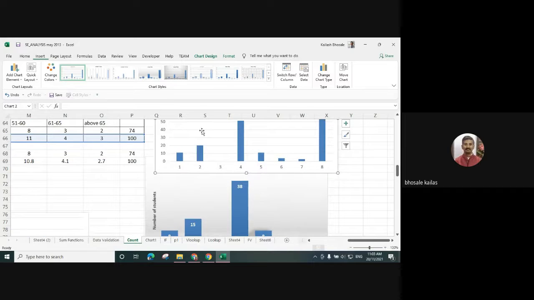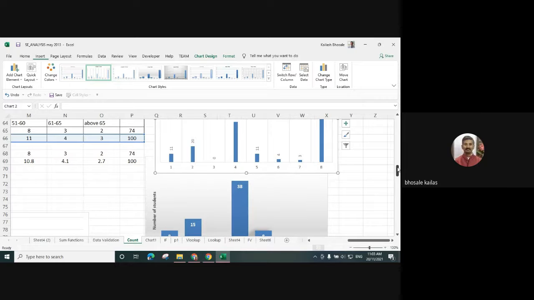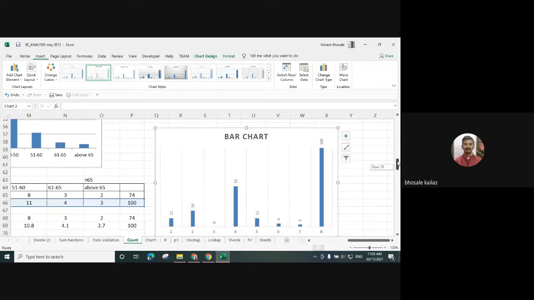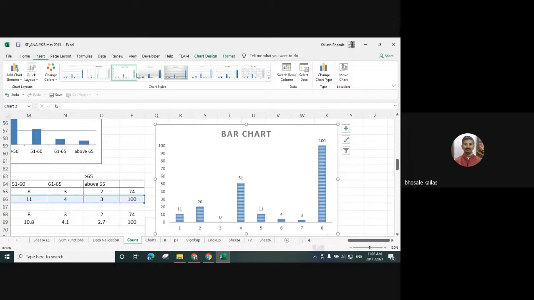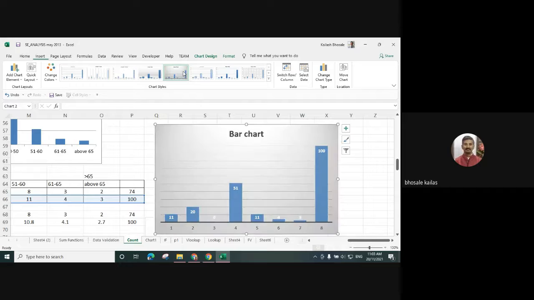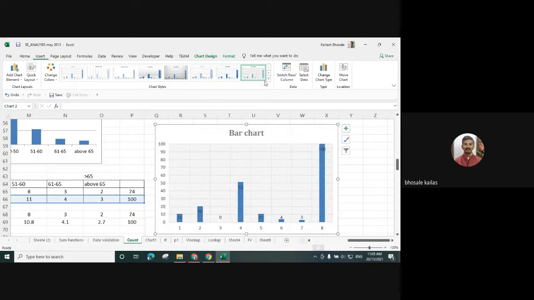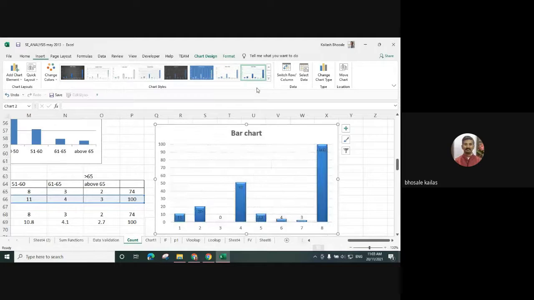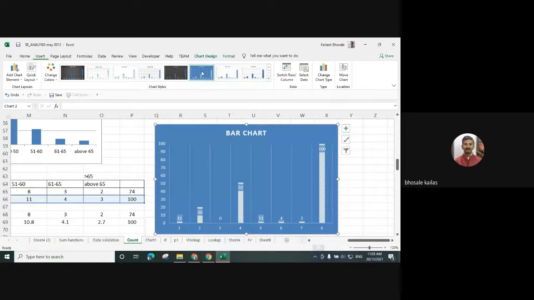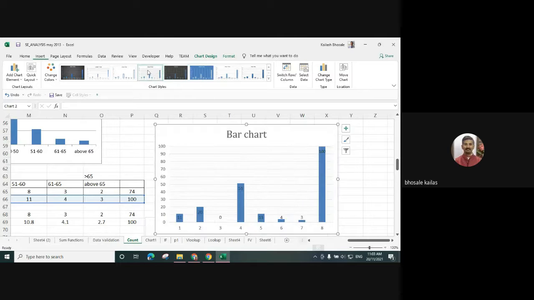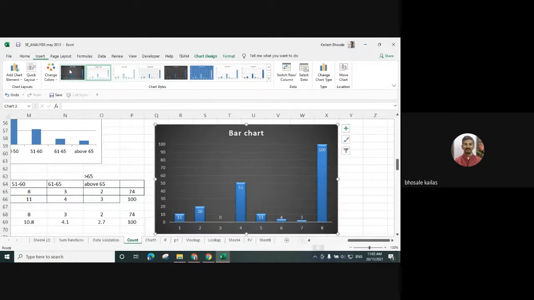So we can also change the style of this chart. So select any one style which you want.